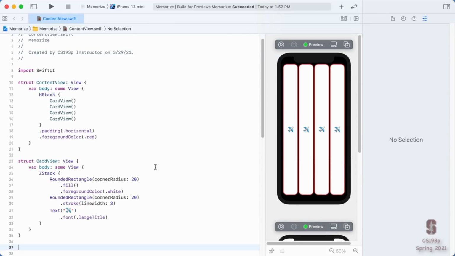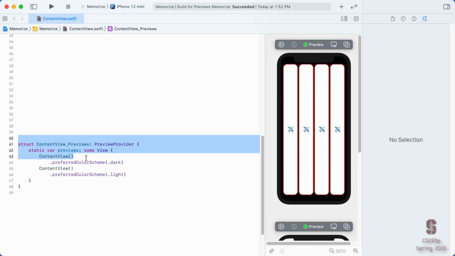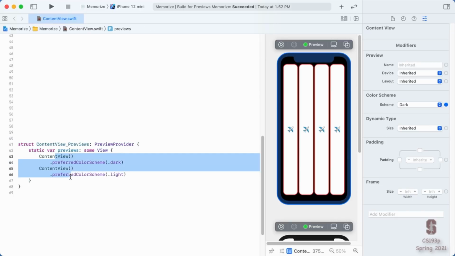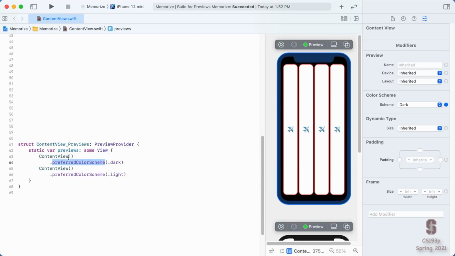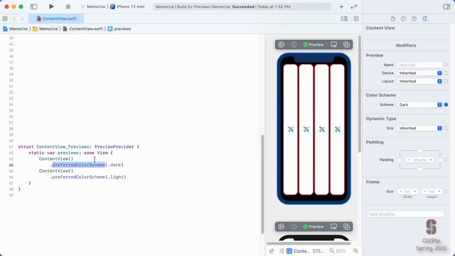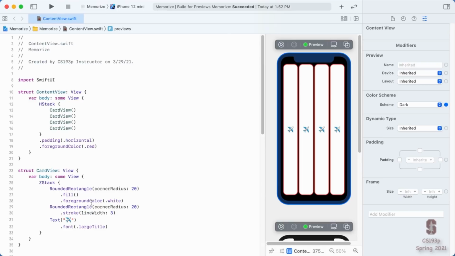That was a little bit of an excursion, mostly to talk about preview, a good example of why I would want to go down to my previews and create other previews. And we'll learn as the quarter goes by that there are other view modifiers that you can use that make them appear differently when they're being previewed. All right, so that's enough of that. We've got our nice cards here. We've got multiple cards, that's good.